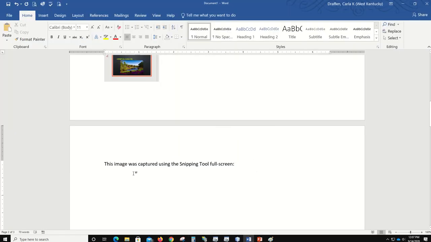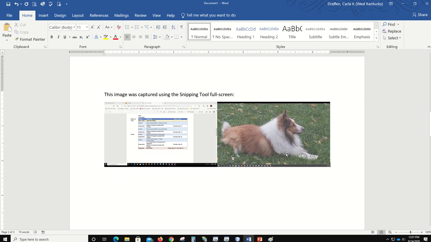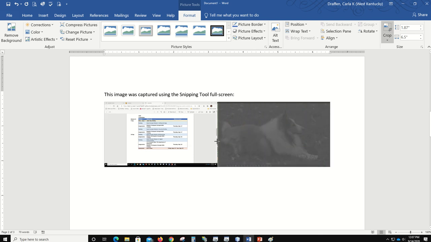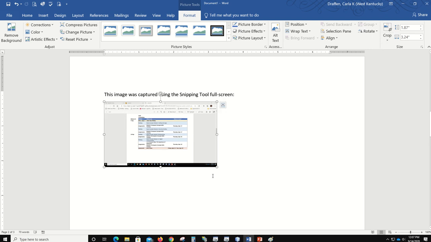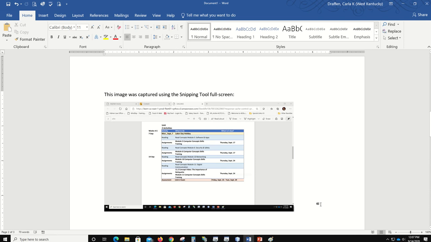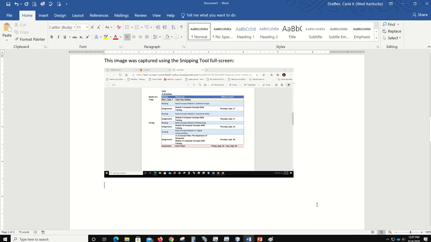and we're going to paste that image. Now there's my dog. So I'm going to go ahead and trim out Cody Joe. He was a very good dog. And then I'm going to turn off the crop, and I'm going to resize this just like I had to before, but I'll make it big enough we can see it a little better. Now I'm going to hit the Enter key because that was the full screen of what we had on the screen at the time. This time I'm going to say this image